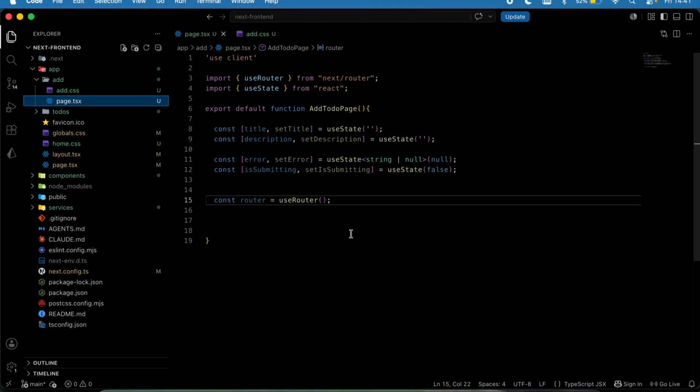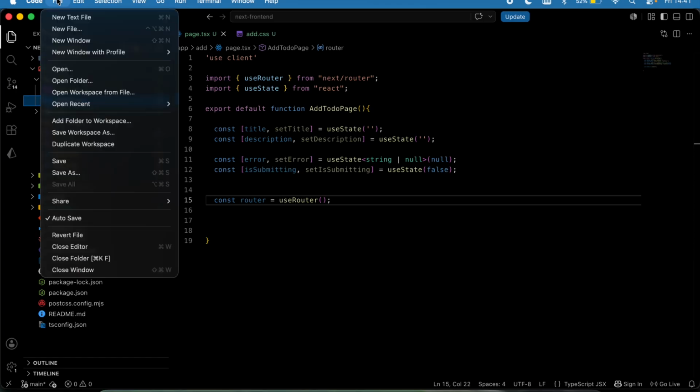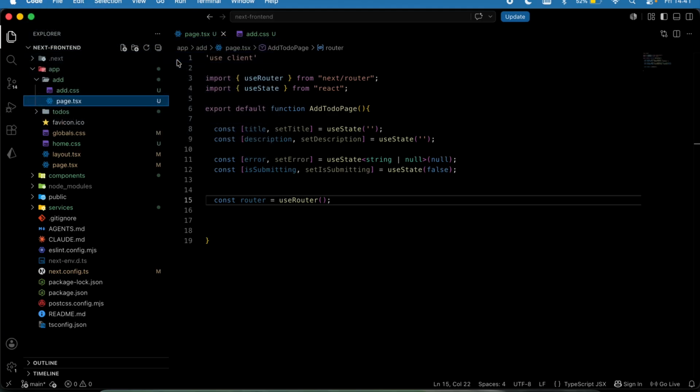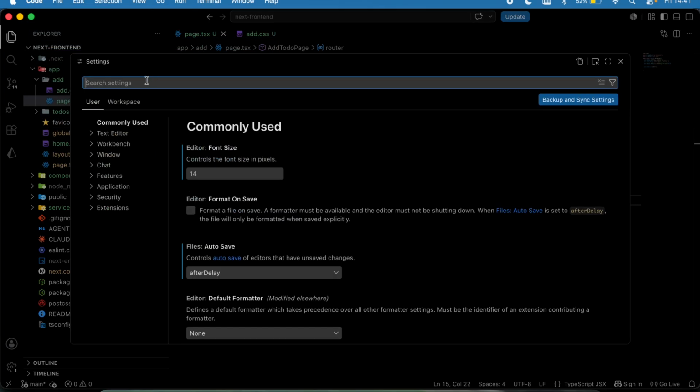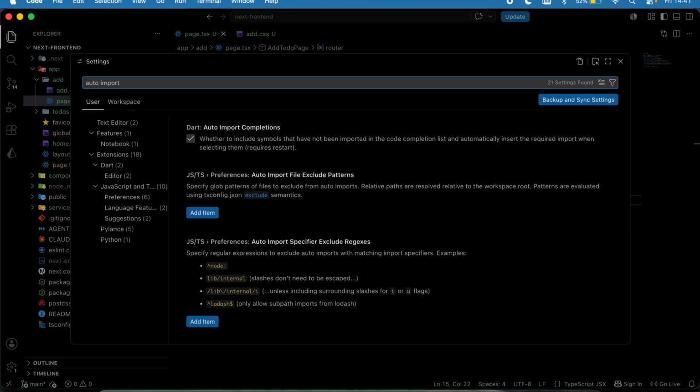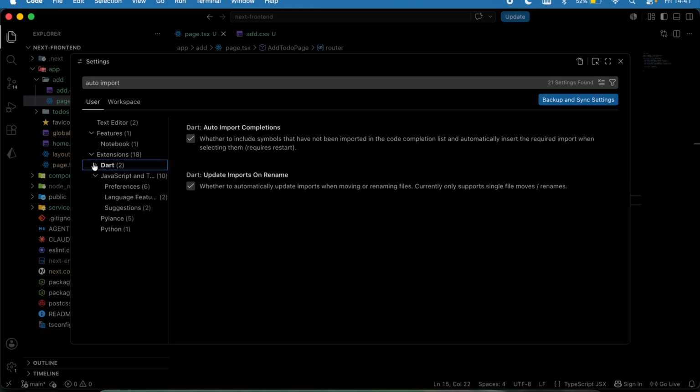Another thing for us to do, as we rightly saw during our backend, was to enable auto import for your Next project, so for your JavaScript project. So I'm just going to come again. I think that was file right here. Was it file or the code called settings? And that was settings right here. And that was auto import. Let me see if that was it. Okay, yeah, you search for auto import, and then in your extension right here, you can select